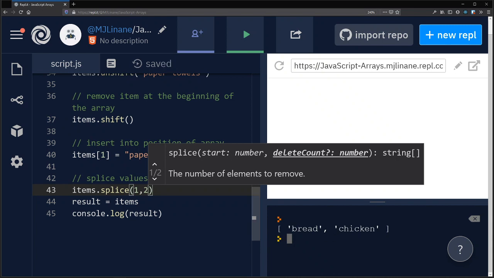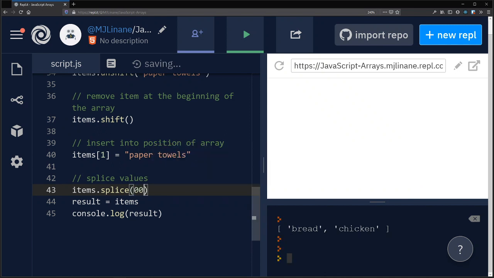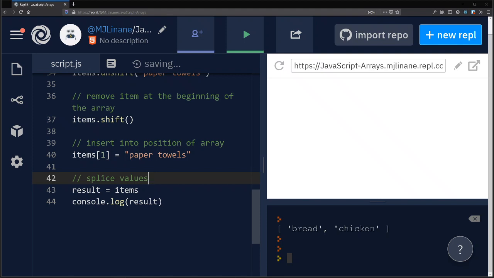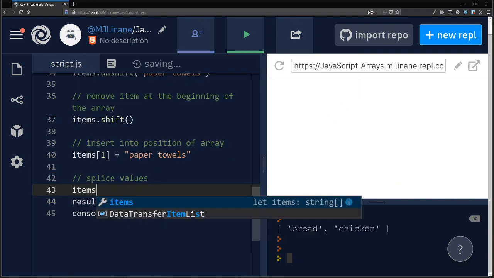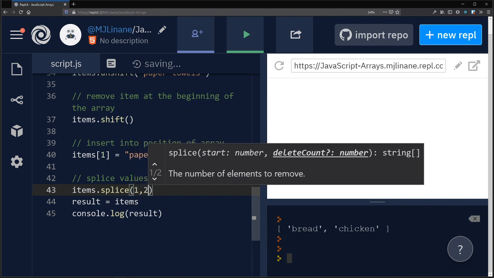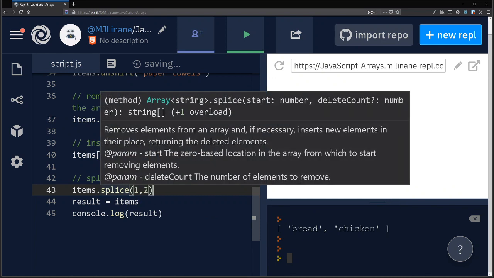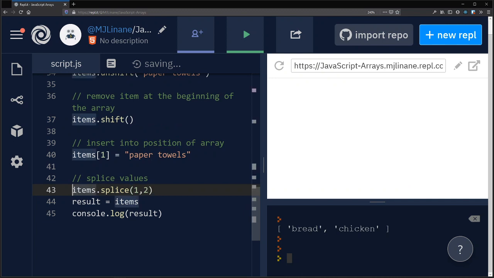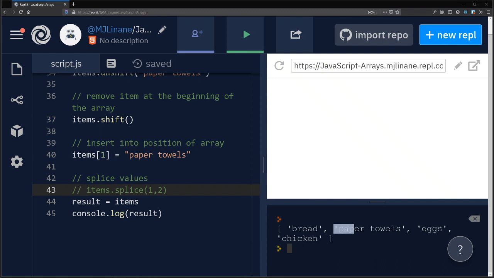Okay, basically, if we go back here, actually, I can redo that. And I'll comment this one out. Basically, we took the items in positions 1 and 2. So this is 0, 1, 2, 3. We took those two out. We spliced them. We grabbed those out, removed them, and we're left with simply the beginning and the end,